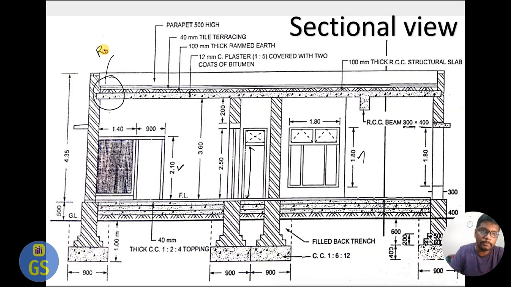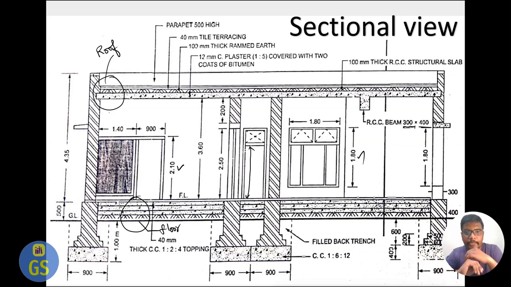So basically on the top side we say roof, and the bottom side we say floor. This we call the floor. So when you think about the roof and floor, there are n number of detailing works in the sectional view which we should show. Before doing flooring we need to do some earthwork,